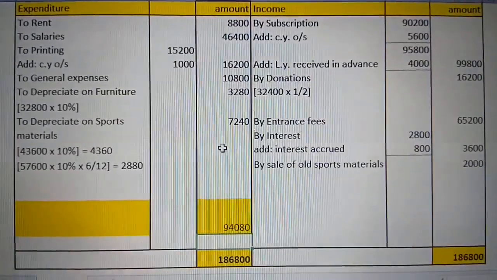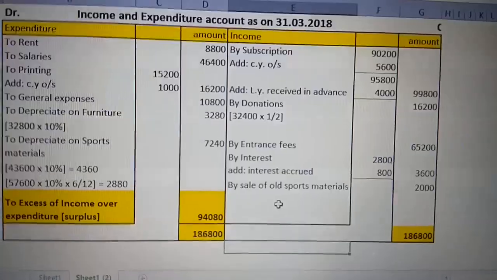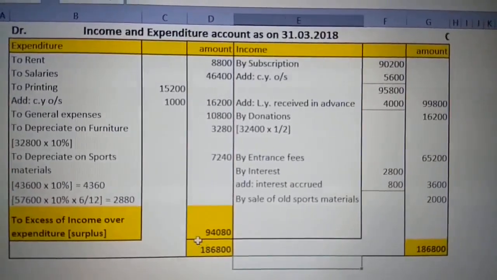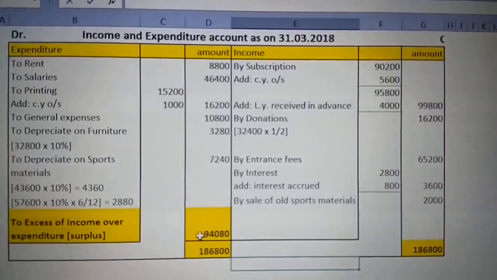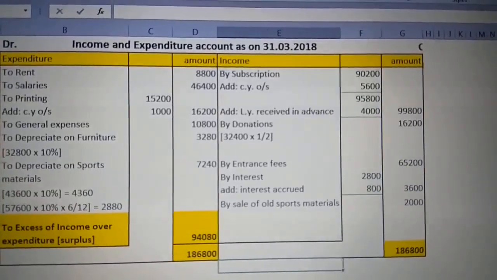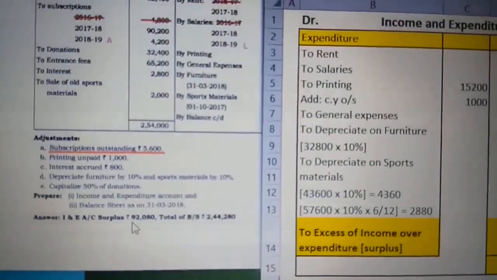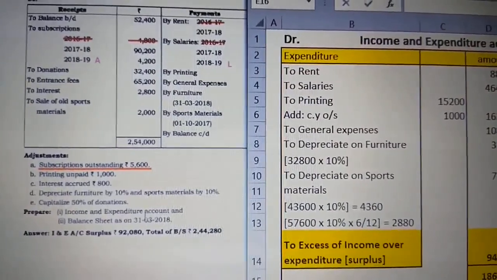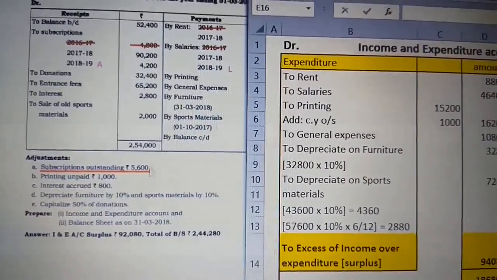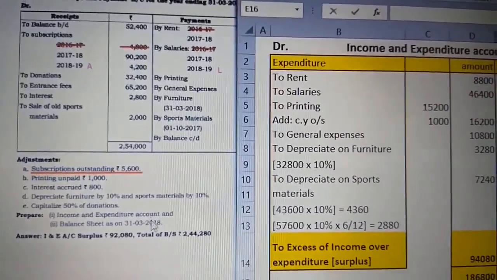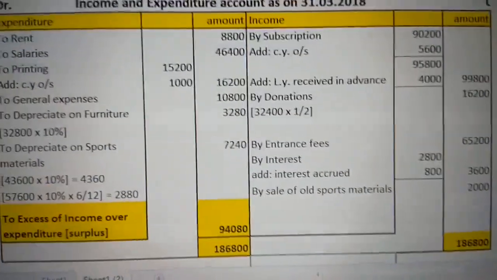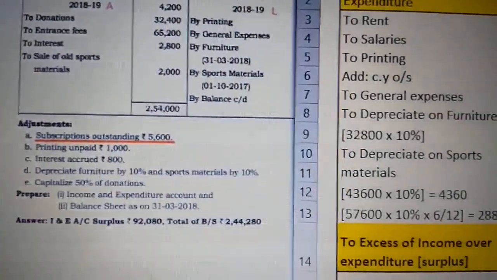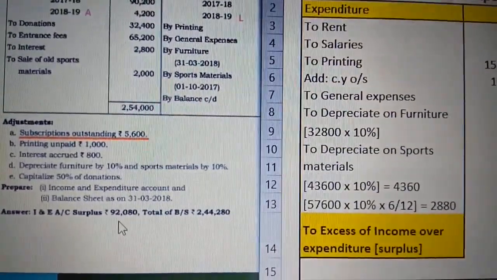So I get 94,080. Now we have got the value of surplus as 94,080. I'm just concentrating on this to check it on the question. They have given 92,080. See, the difference here is 2,000. Might be there is a printing mistake given here because they might have not considered anything that is related to 2,000 value. So the steps which we have done is just perfect. Need not concentrate on the value what is given here. Here they have given value, so we are just having observation whether this is matching or not.